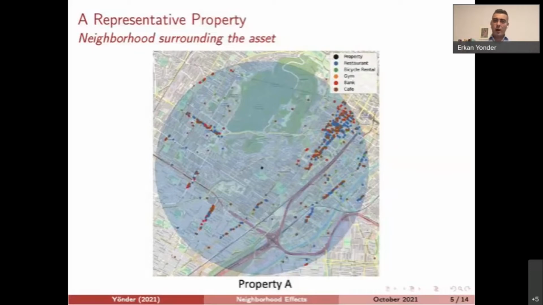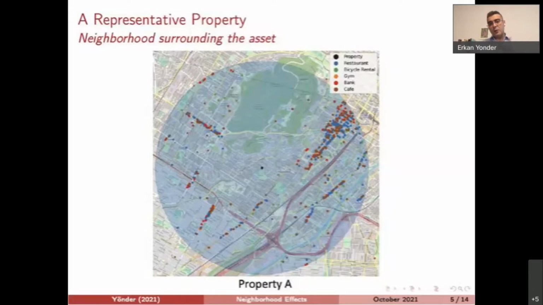Our idea here is that it's not only the value added of restaurants surrounding an asset by itself, but it's the interaction effects as well. Having a restaurant in the surrounding area, having offices closer to that, having parks, walking areas, they have joint impacts. It's not only the restaurant itself, but there are interaction effects. And these interaction effects are difficult to capture in linear models. So that's where we can benefit from machine learning or deep learning models to capture such interaction effects.